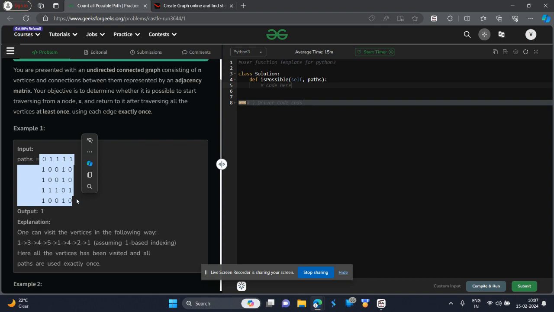in degree of all the nodes should be even. If a path is coming towards them, then there should be at least one path which is going away from them, outside from them. Which means the degree of a node should be an even number, and that is what we will look into in this question, and we will solve this question in a single